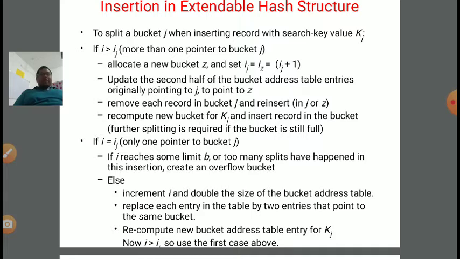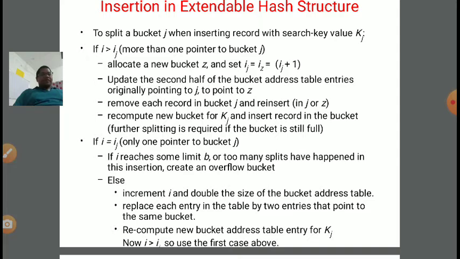Now update the second half of the bucket address table entries originally pointing to j to point to z. Now remove each record in bucket j and reinsert in j or z. Now recompute the new bucket for Kj and insert the record in the bucket.